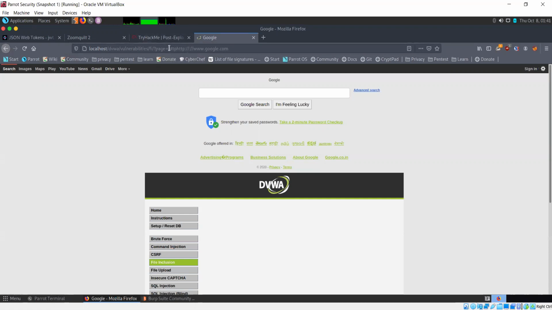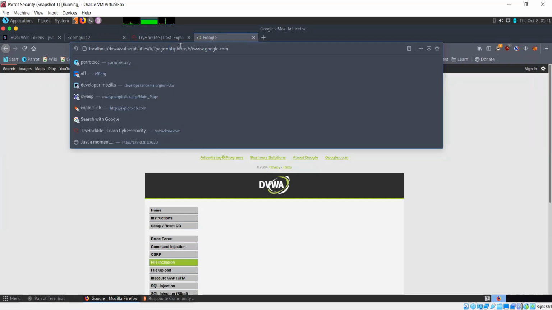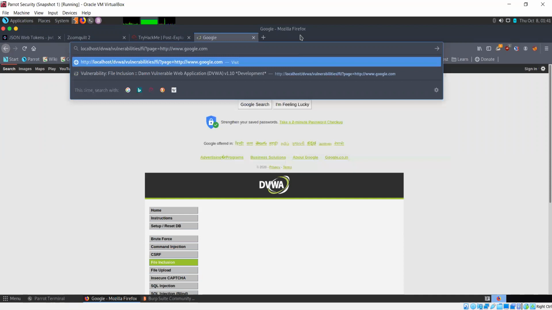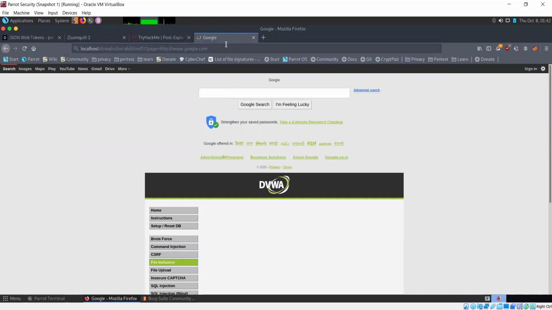When the server sees this input and it sees this HTTP colon double forward slash, that is going to be removed. So if I remove that, what happens is I get the original thing again, HTTP colon double forward slash. Now since it's only doing this removal process once, this will actually get executed. So again we're able to do the same thing.